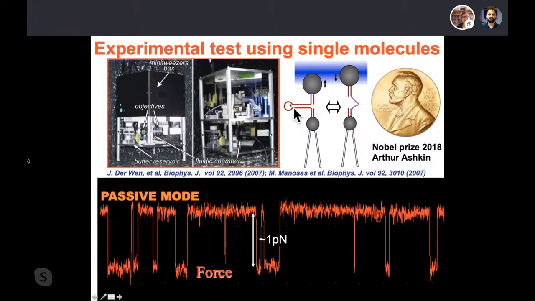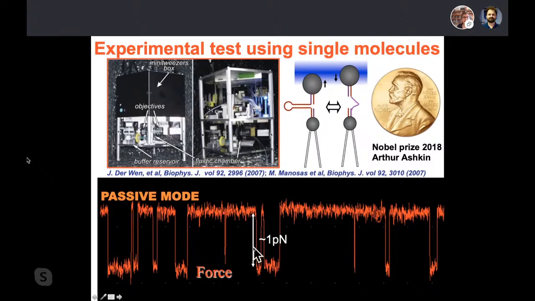This is a molecule, a DNA hairpin, which has 20 base pairs. 20 base pairs is about 20 nanometers of extension. And with an optical trap of about 60 piconewtons per micron, for example, you get this typical switch in force of 1 piconewton, okay? So now your molecule hops between the two states at constant trap position, shown by this blue level,